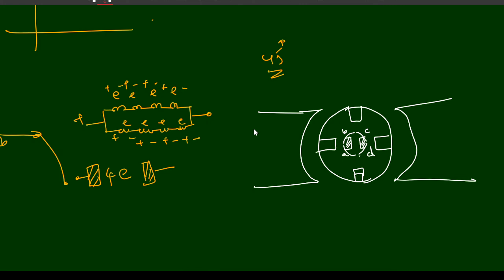Now where is this? This is 1, and this is 1 dash. This is 1, this is 2, this is 3, this is 4, and this is 1 dash. Let me indicate first 1, 2, 3, 4, and this is 1 dash, this is 2 dash, and this is 3 dash, and this is 4 dash.